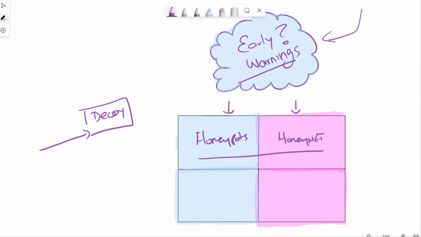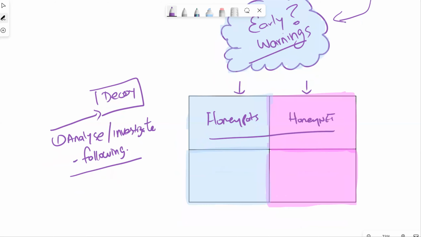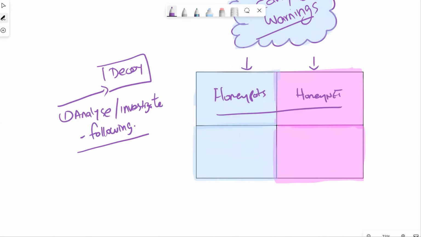So we can analyze, we can investigate, we can follow. Maybe they're doing something that we didn't think could potentially be happening. So we're following that process. Maybe the attacker is doing something on that machine, and we understand a little bit more about it. Now, if we analyze and investigate and begin to follow that potential chain of attack, then if we have this machine that's in our environment elsewhere, we can go away and remediate any measures or controls. That is basically an early warning system for us.